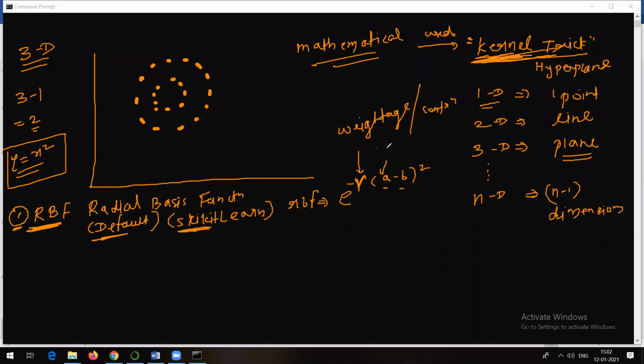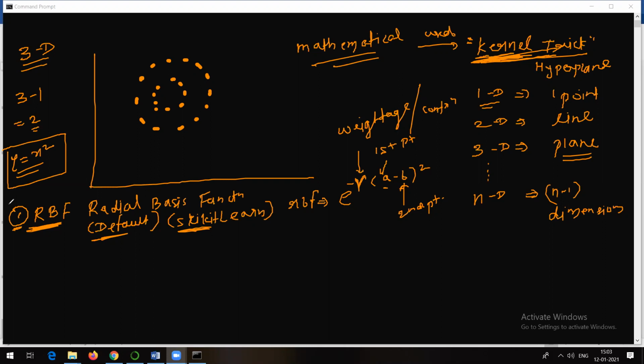This a is the first point, first variable, first attribute, first column we can say, and this is nothing but the second point, right? First point, second point. This is the equation of the radial basis function. Even if you are not aware of this particular equation, no problem. While implementing, you are not going to face any problem. But as I told you, we'll be able to make sense of this once you see the implementation. That's why I'm just introducing you to the theory and the mathematics, and then we will see the concept one more time, and then we will implement. Okay. So this is what it makes use of.